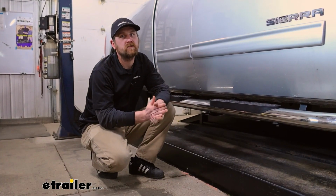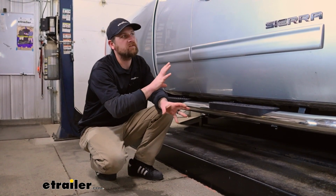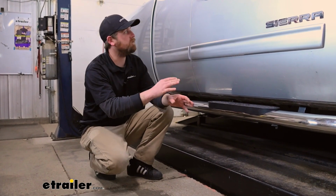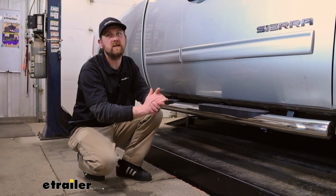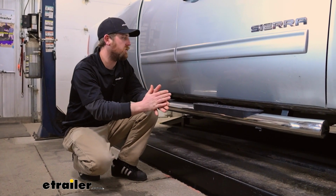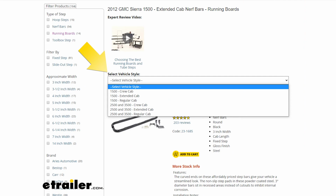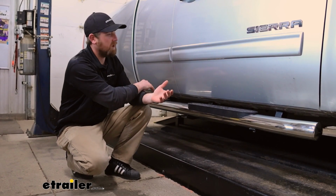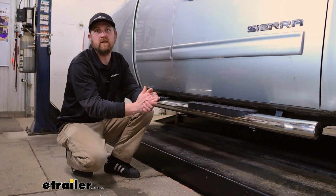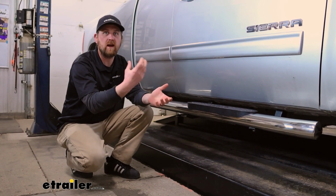Something I do want to mention, because I feel like this happens quite often: these are going to be custom fit to your truck, right? And whether you have an extended cab, a crew cab, or a regular cab, that information is going to matter. So if you end up deciding to go with these, make sure to use our drop-down menu in our fit guide and enter in the right information, because if you have a crew cab and get extended cab boards, probably not going to work. Just wanted to mention that so you make sure you get the right stuff the